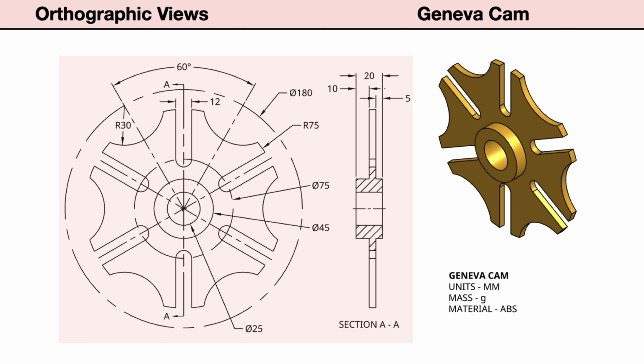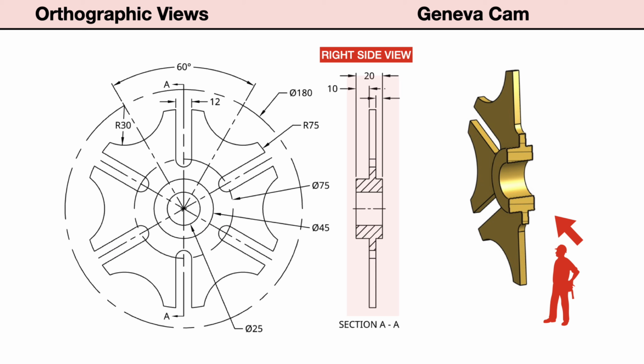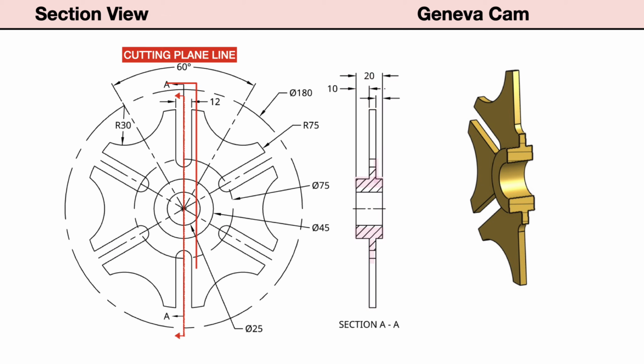Next, the orthographic drawings show 2 principal views. To the left is the front view. Aligned to the right of the front view, the right side view. This view is shown as a full section view. The cutting plane line, shown in the front view, shows the location of the cut, and the arrows indicate the view direction of the section. The hatched section lines in the section view show where the solid material was cut to show an interior view